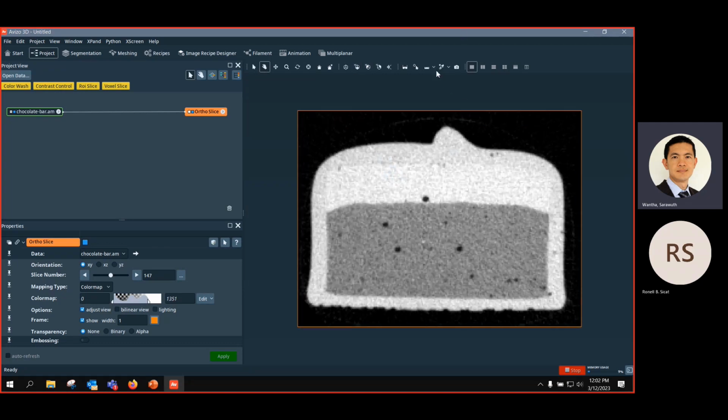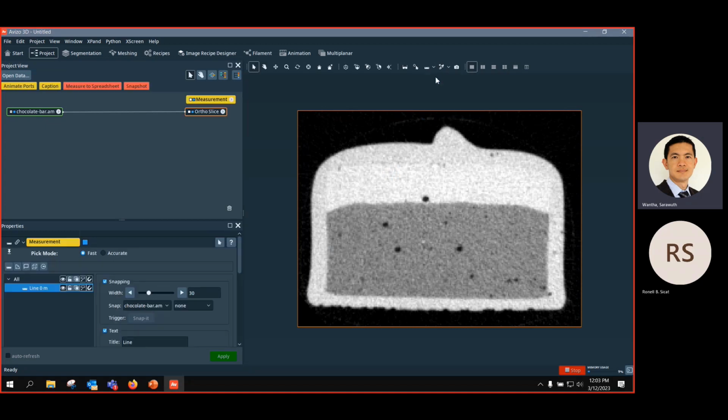So if you want to measure something, we have this standard measure tool briefly. You want to measure a line, click on line, and just measure the line between this and then this. The unit will be calculated according to your setting. So it's about 200 micrometers, and you can also